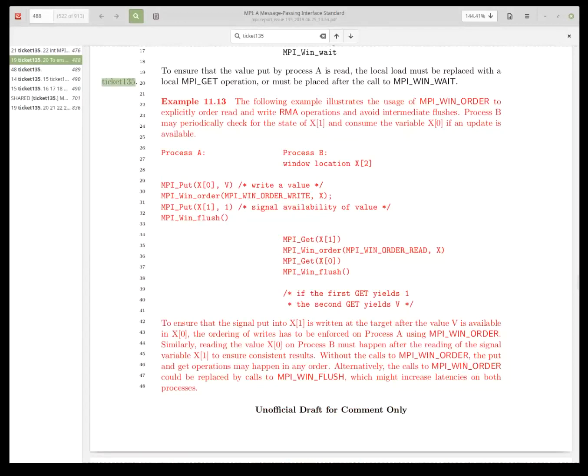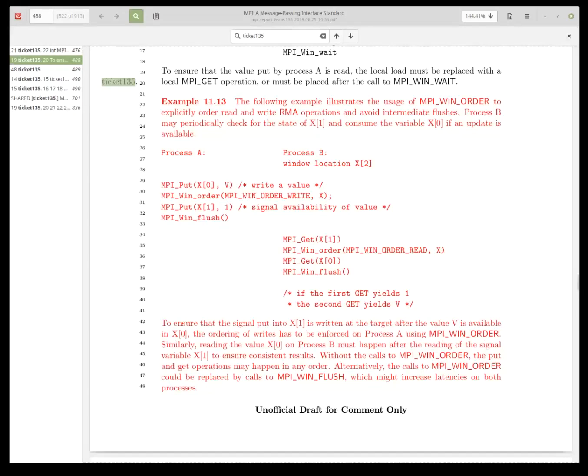So process A, the window location is hosted on process B, and process A does a put of a value into X0, issues an MPI win order to order writes, and then puts the signal into X1 and then performs the flush. And on process B,